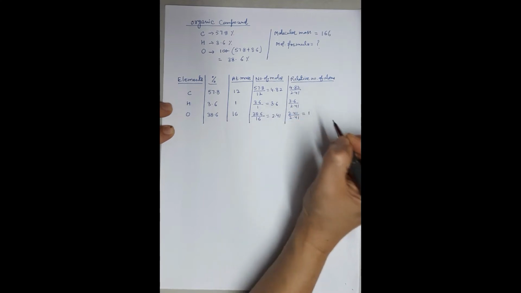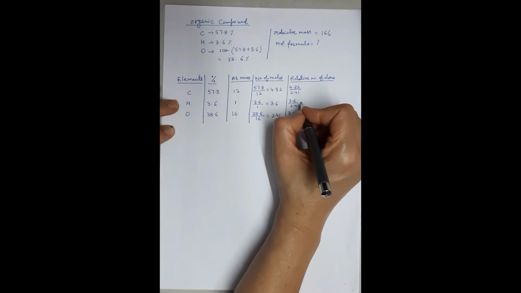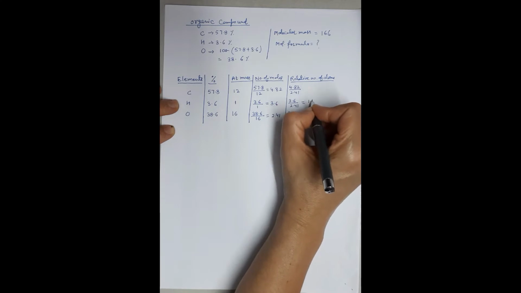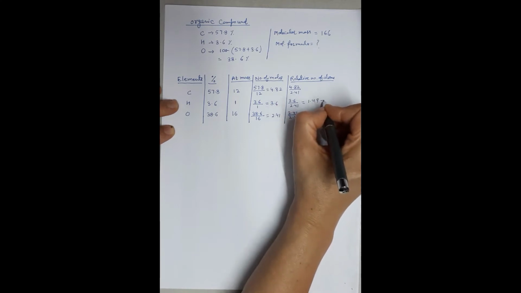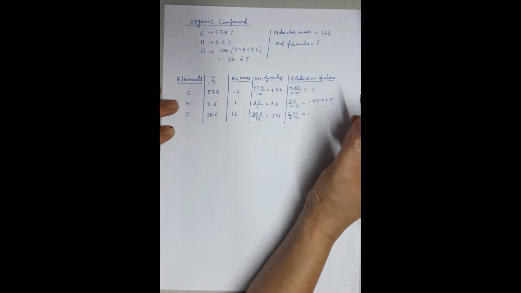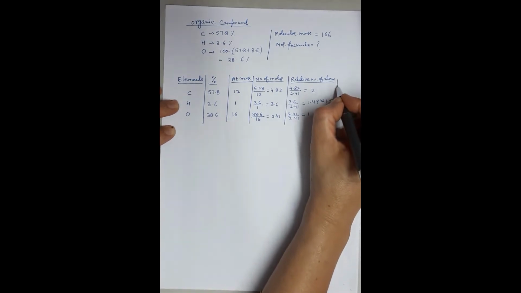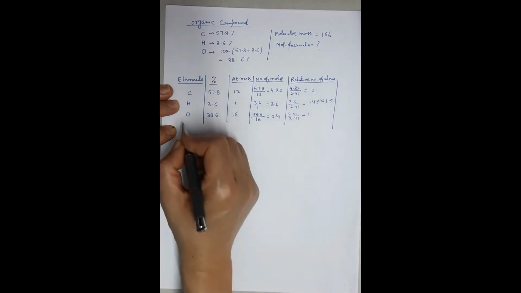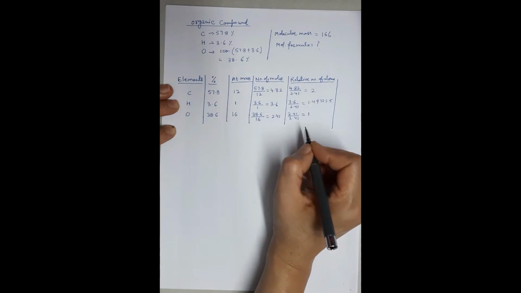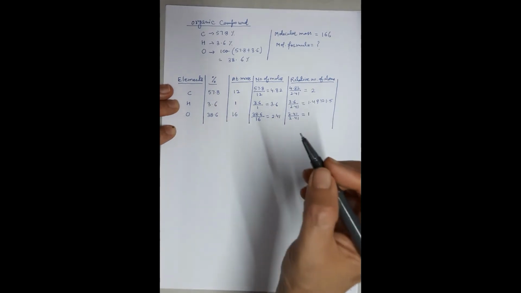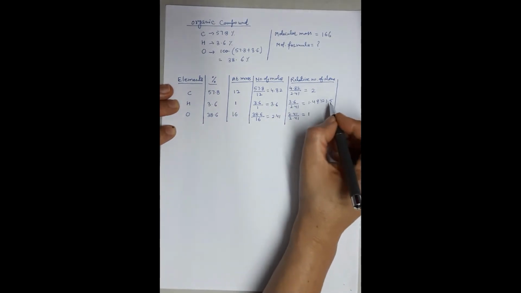Here it comes out to be 1, and in relation to this, how many hydrogens are there? If you calculate, it comes out to be 1.49, which is roughly equal to 1.5, and the carbon comes out to be 2. So in this case, the number of carbon atoms is 2, hydrogen is 1.5, oxygen is 1. But we have studied that the empirical formula is the whole number ratio of different elements present in a compound. This is not a whole number.